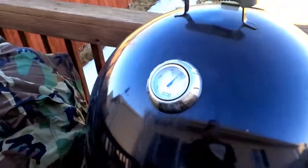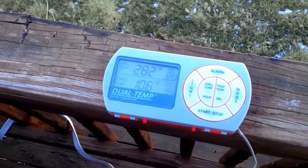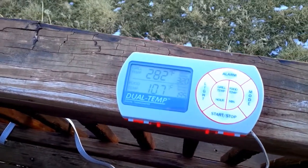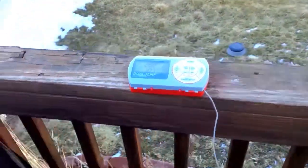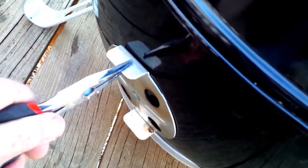Alright, so here we are about an hour into this cook. It's pretty windy. At 180, 106 for the food temp, 282 for the grill temp. You know, this thermometer is obviously a little off. I haven't quite figured out which one's the bad thermometer, because this isn't exactly the most high quality of temperature probes here. So what I'm going to do is go ahead and close this guy down halfway,